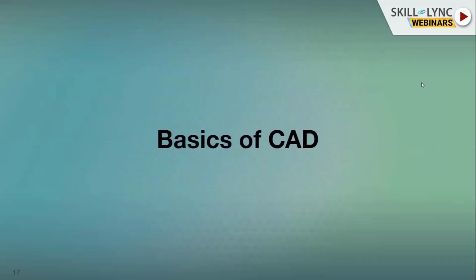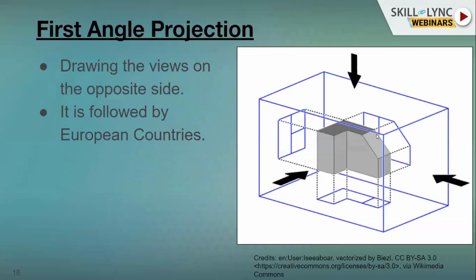So next, what is the basic of CAD? As you know, you might have read this in your syllabus, which is first angle projection. There are two kinds of projections which are used as basic: first angle projection, the other one is third angle projection.